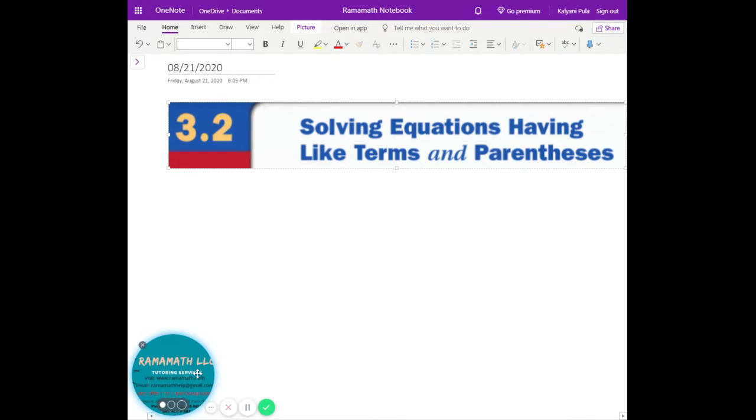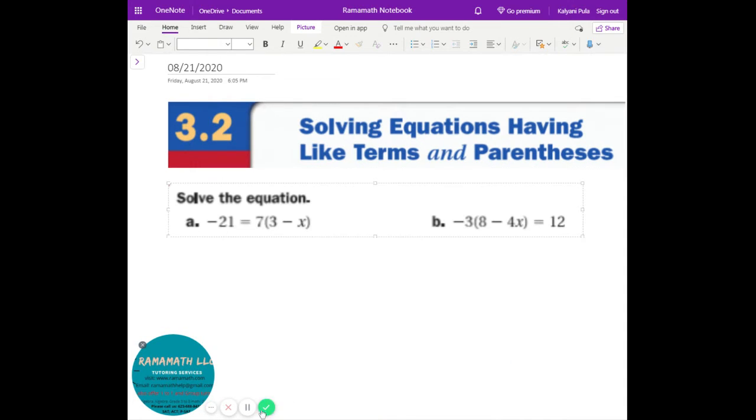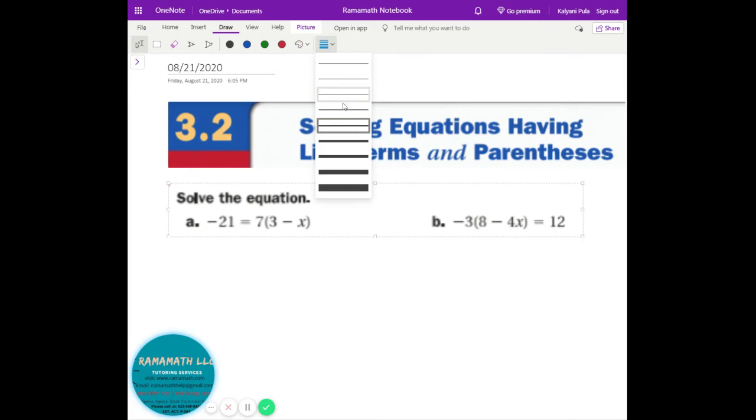Okay, solving equations having like terms and parentheses. So you're going to see like terms, you're going to combine them, and also when you have parentheses, how are we going to solve that? Okay. So in this one, we're kind of looking into,